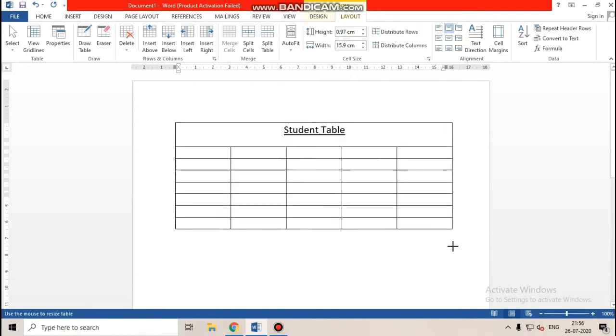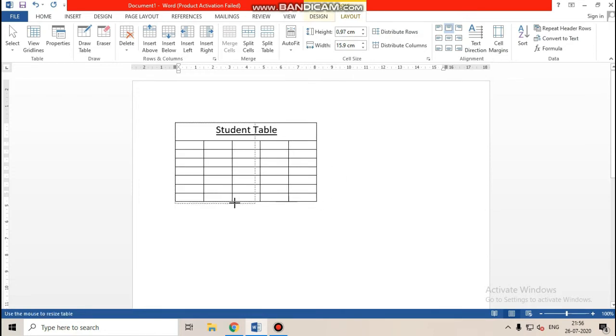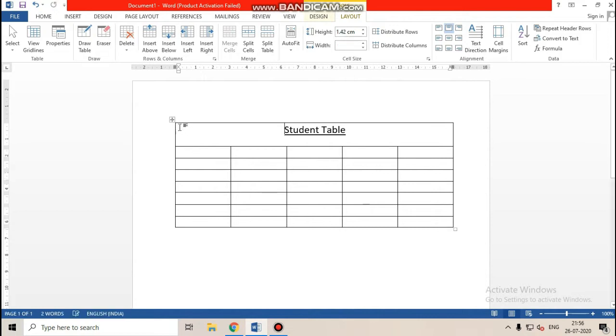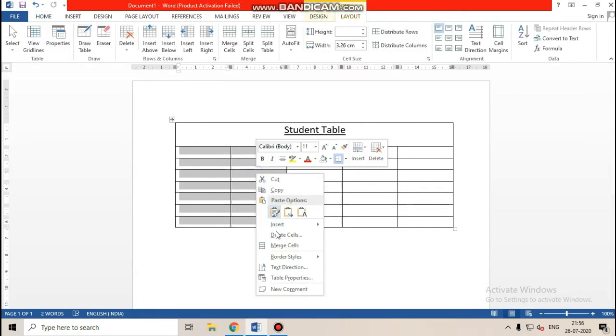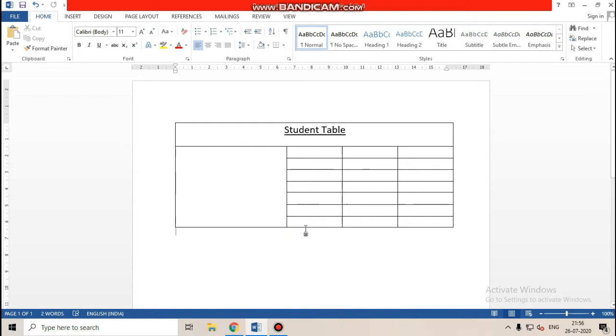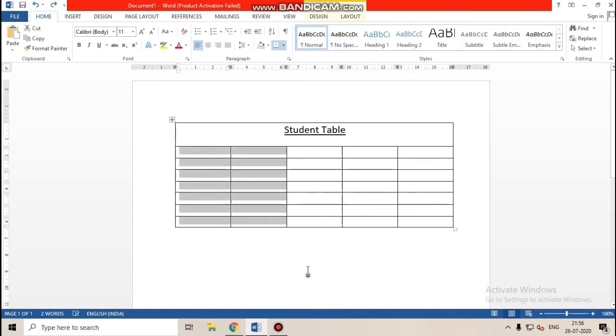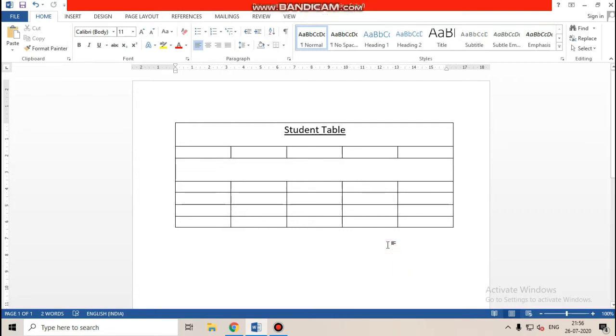Now this is resize. You can resize your table, small or big. This is the cross arrow, you can select it. Second thing, you can merge two columns into one cell. Be careful, one cell looks like this. If I press Ctrl+Z, undo. You can also select two rows and merge them together. So you can merge two cells, two rows or more rows, all rows, or all columns. It is according to your need.